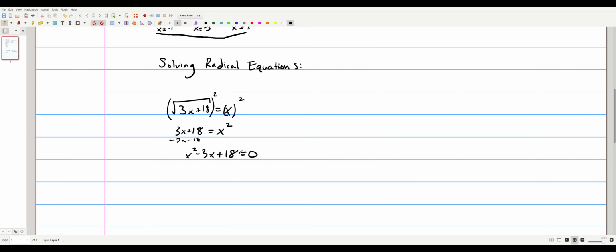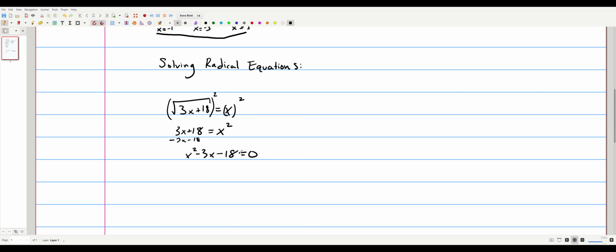And so now we're looking for two numbers that multiply to 18 and add to negative 3. And if you can factor by hand, that's what you would do here. But if you can't, you would use the completing the square method to solve this. And this should be minus 18. Excuse me. And so,